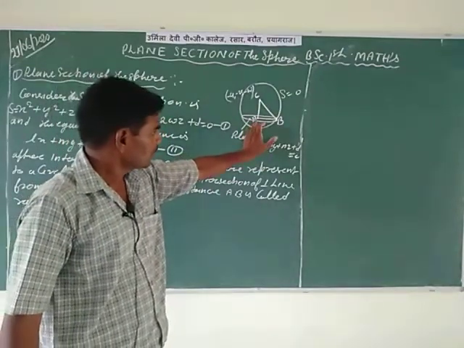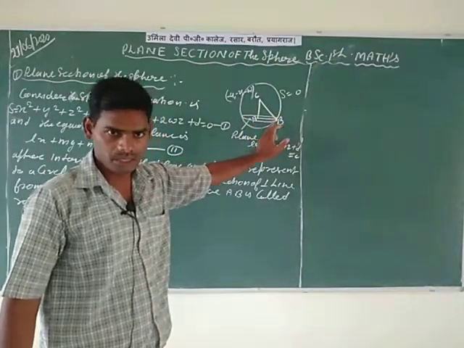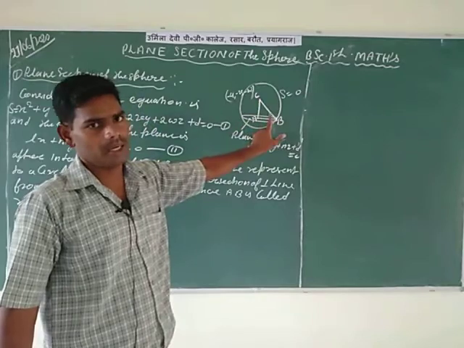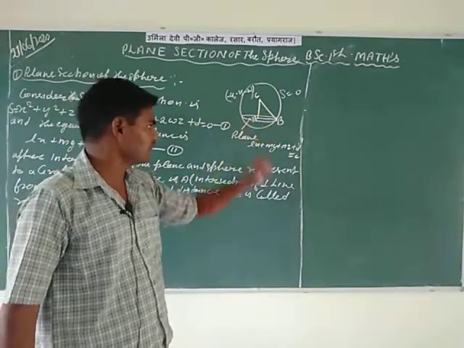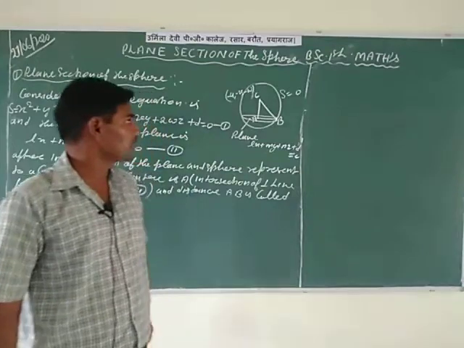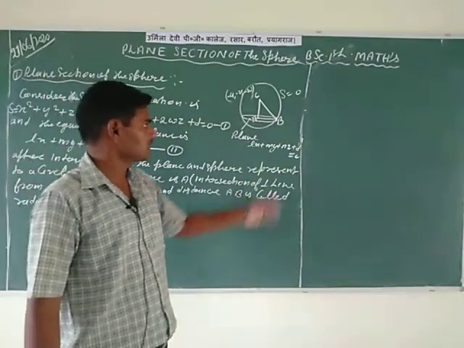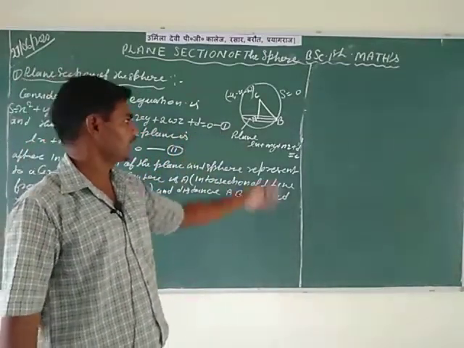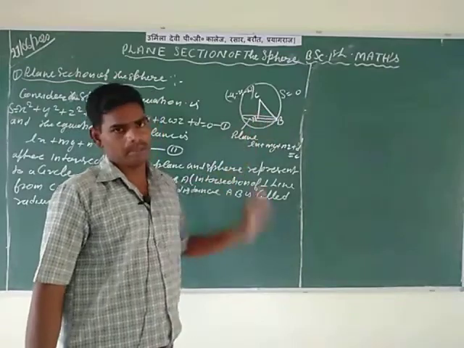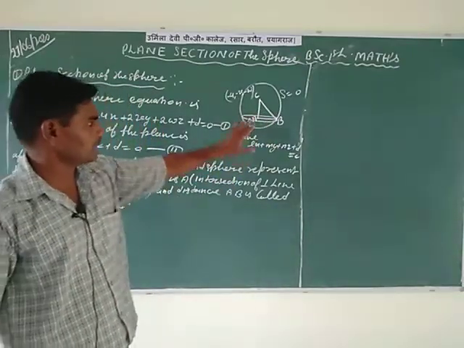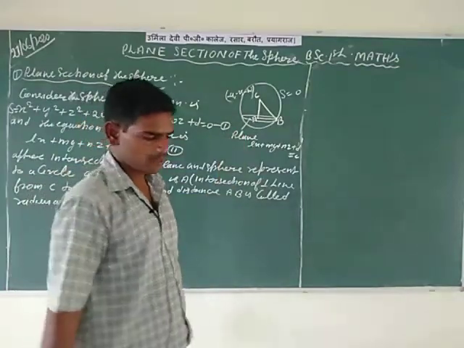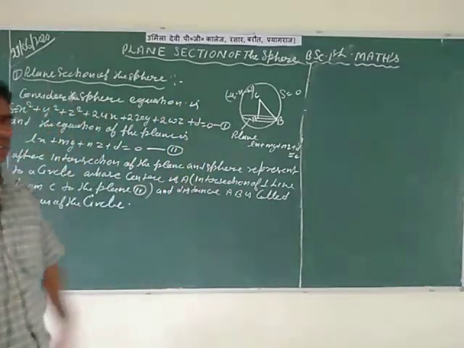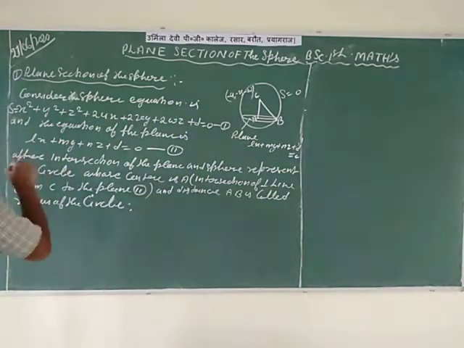Here, the value of distance AB, means the radius of the circle, take this right angle triangle, and by applying the Pythagoras theorem, you can find the values of AC, BC. BC is the radius of the sphere, which you already calculated from the equation first, and length AC and AB. AB is the radius of the circle. So with the help of the Pythagoras theorem in the right angle triangle, calculate the radius of the circle AB. Okay, and A is the center of the circle. So this article is complete.